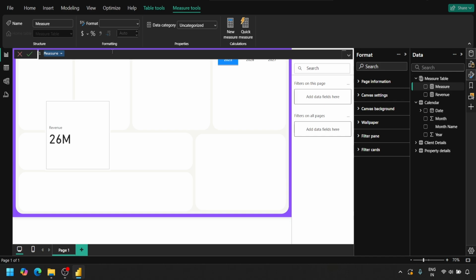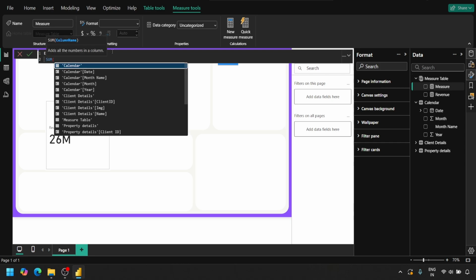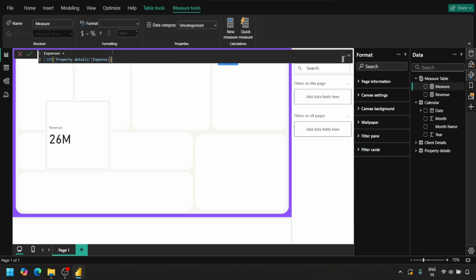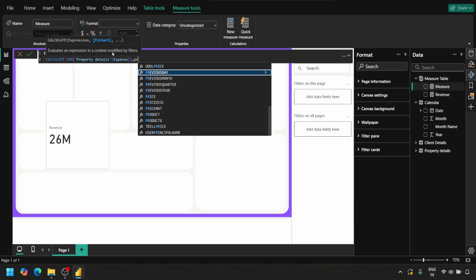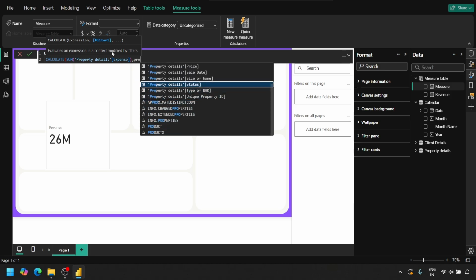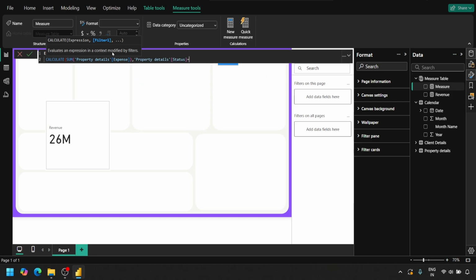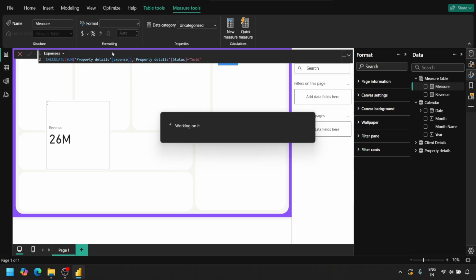So we go inside it and we write expenses, and inside the expenses again we want to do a sum of expenses, but we want to make the sum based upon only those properties which have been sold. So we again do a calculate, and inside that calculate, let's use the property status as equal to sold, and after